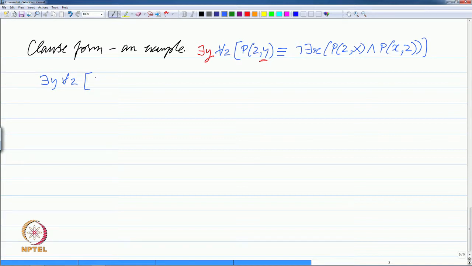So, one side we will say that p z y implies not this, and the other is the other way around, which is that